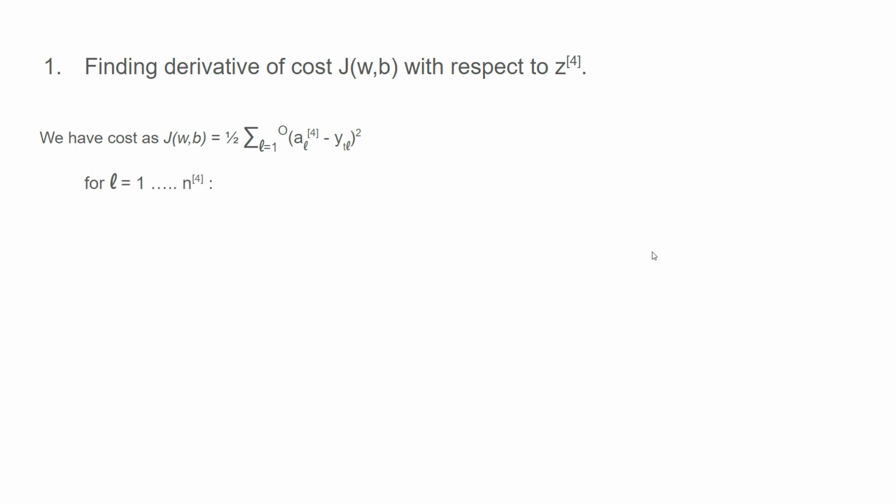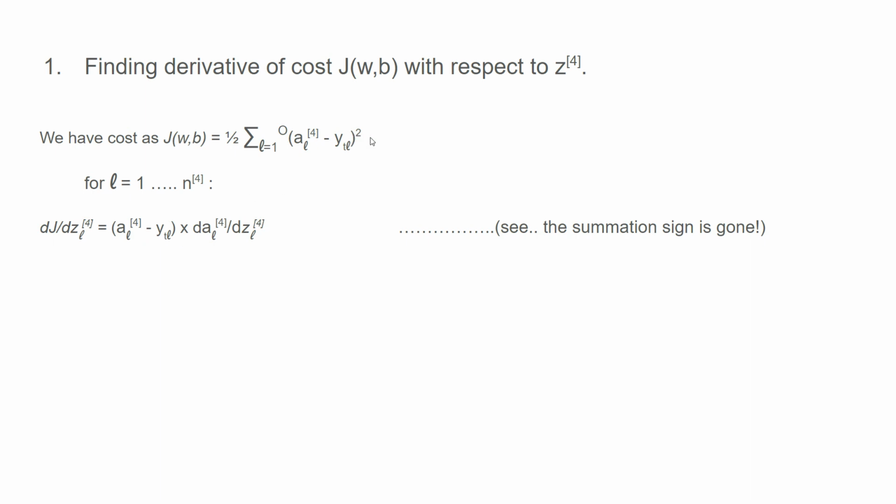We are calculating with respect to z4, and the number of elements in z4 is n4. So for each element we are iterating from L equals 1 to n4, and we will find the derivative of the cost function with respect to each element in the z4. With respect to each element, let the lth element be zL4. Therefore dJ with respect to dzL4 is equal to